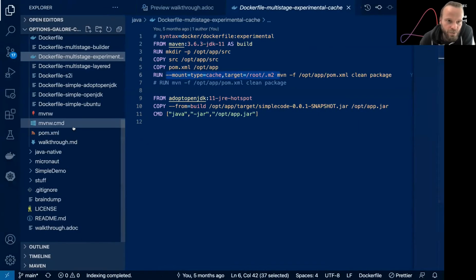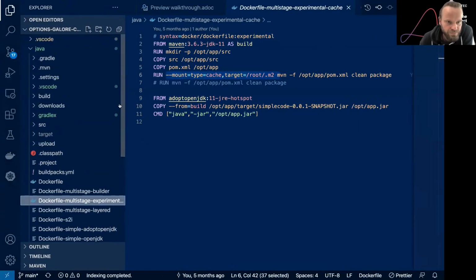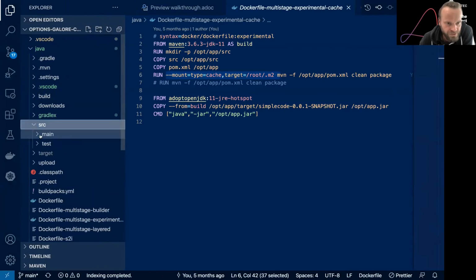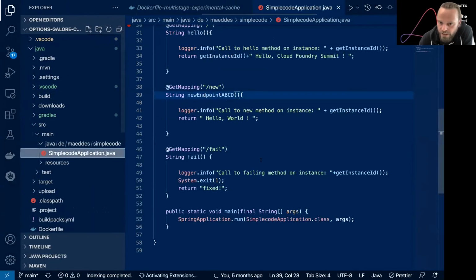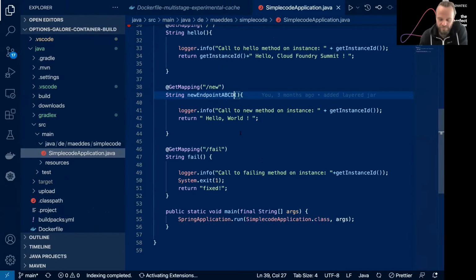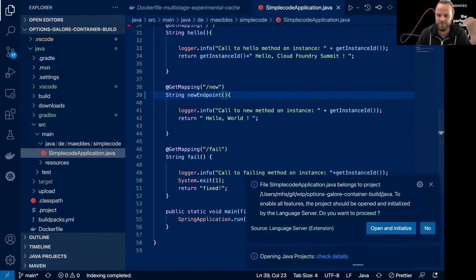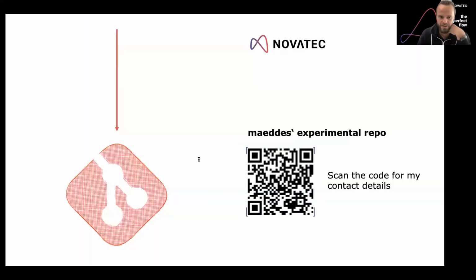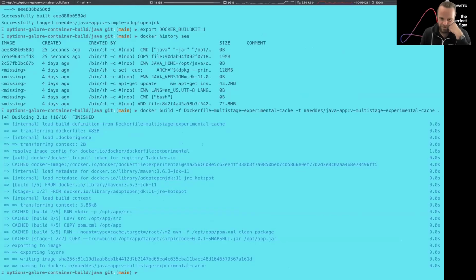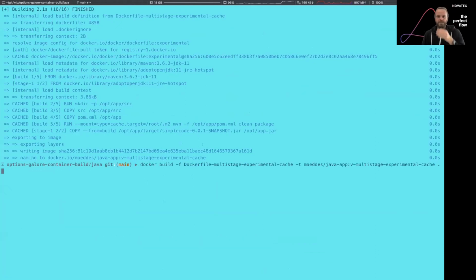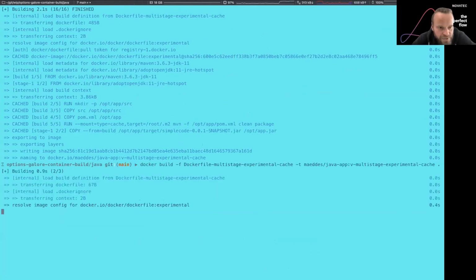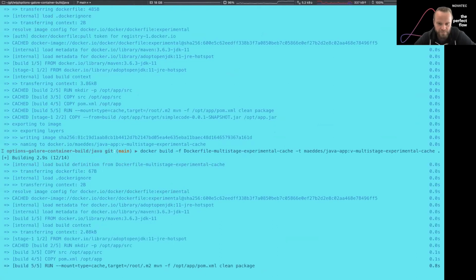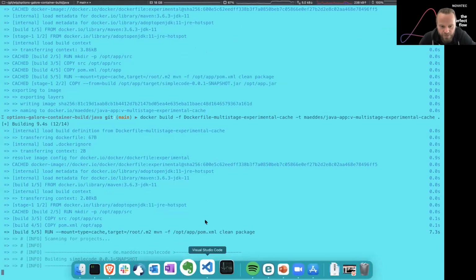Now, if I go into my code, I'm just going to rename that method. Nothing big, but it will definitely trigger a rebuild of the code. And if I do that now, you will see when it comes to the Maven step, it won't start to download all of the Maven things again.